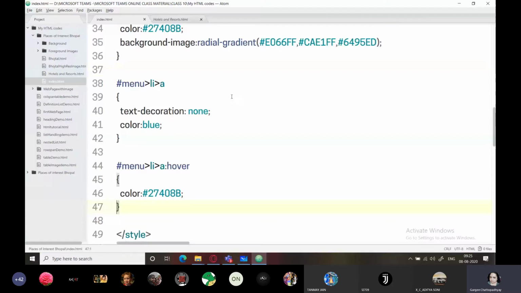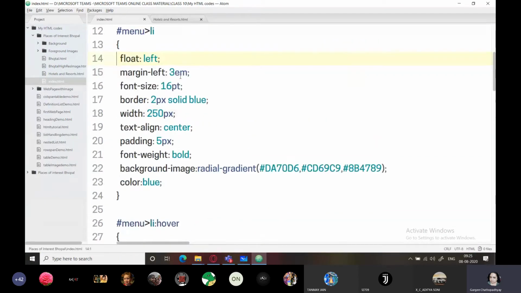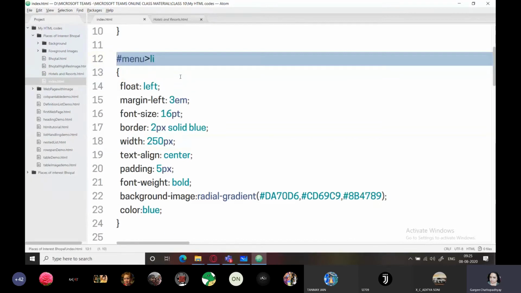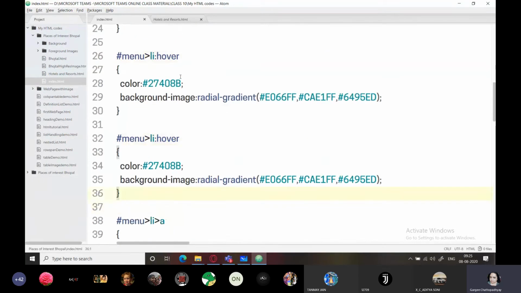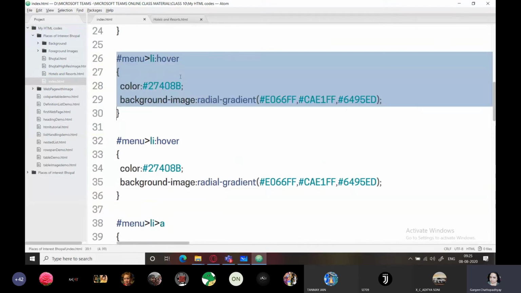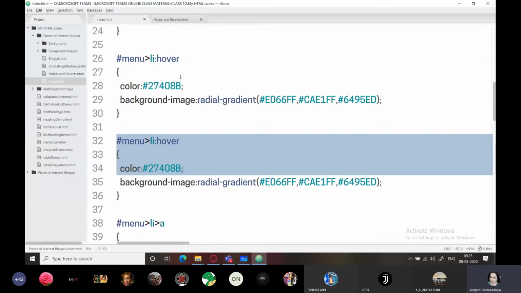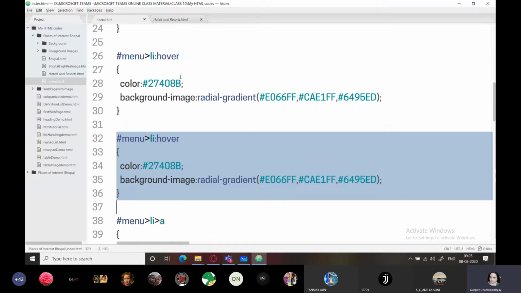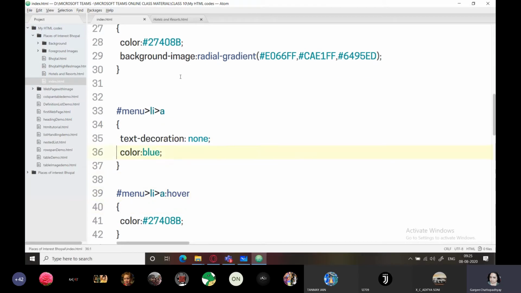Yes, now everybody just look here. You need to do some hit and trial over here. What we did first was we applied everything on individual list items. Then we applied properties on hover. Then we applied properties again. So this is just a repetition, so I'm going to delete this. We applied properties on